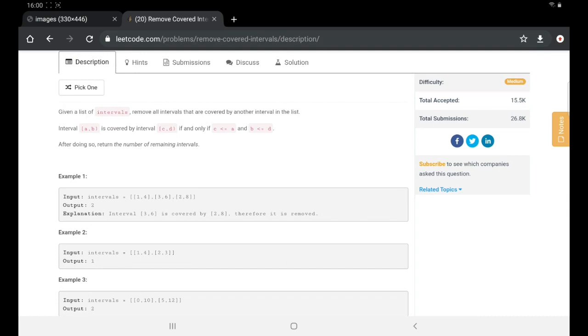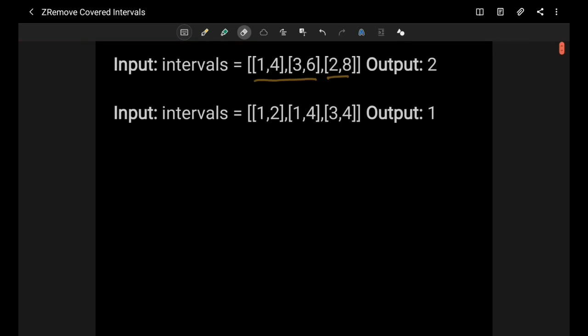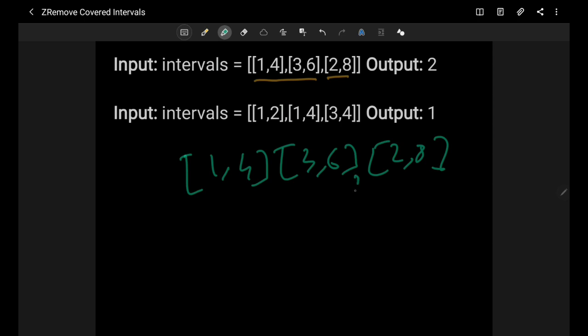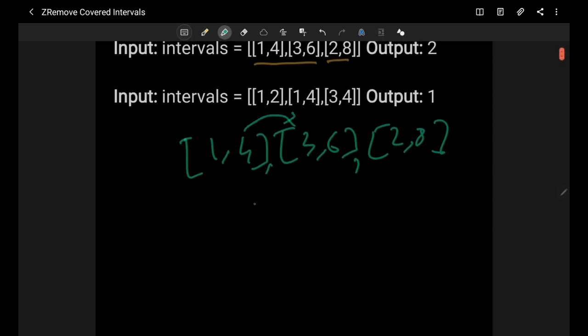It's pretty straightforward. So we need to write one solution for the same. Let's try to see how we can solve it. This is our given array, right? Initially it will look like this: 1 4, 3 6 and 2 8. So how can we solve it? Basically we can compare each and every element and check the condition, whether it is covered or not.